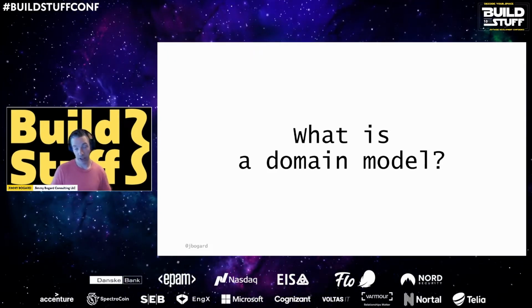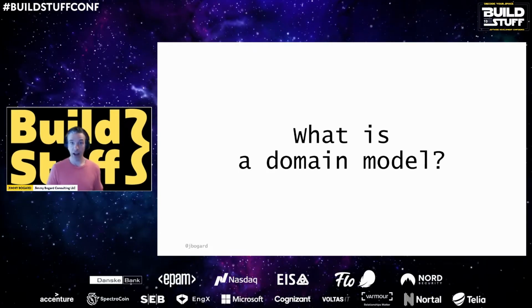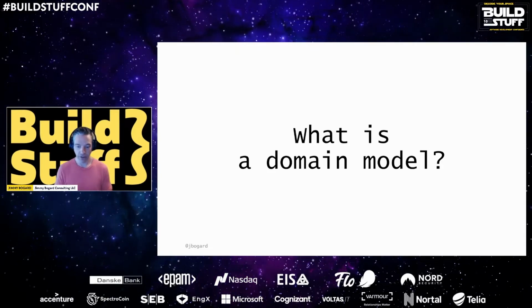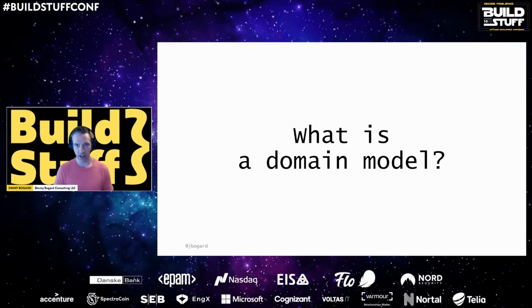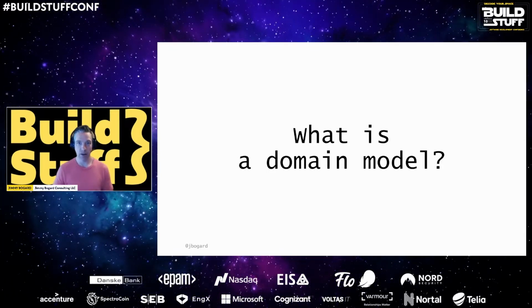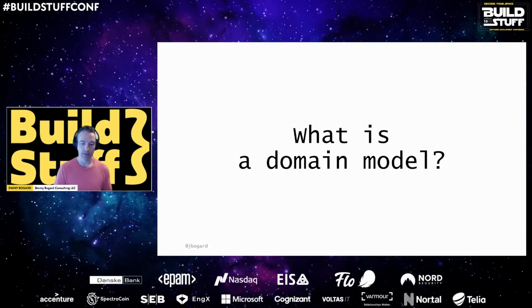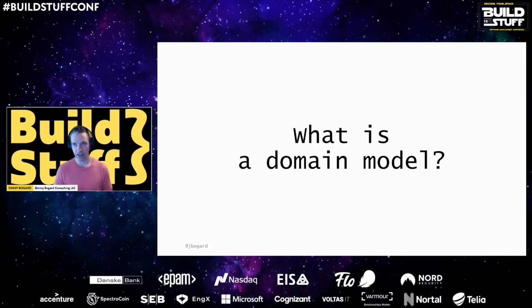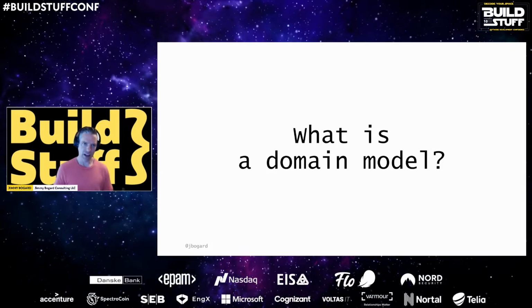Not just behavior. If we just had behavior, it would just be functions. And not just data. If we just had data, that would be a database or just DTOs. So the key there is to have both data and behavior in my object model that represents the domain. And we want to go beyond just the nouns and verbs and really represent the overall interactions and